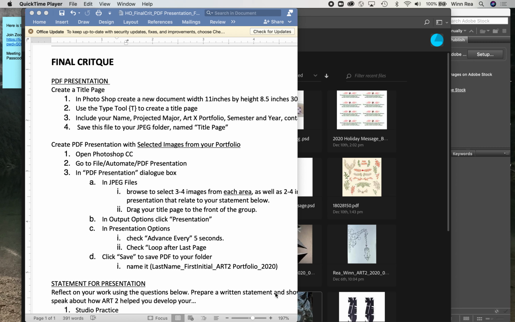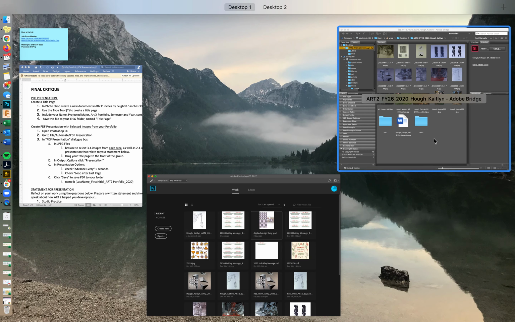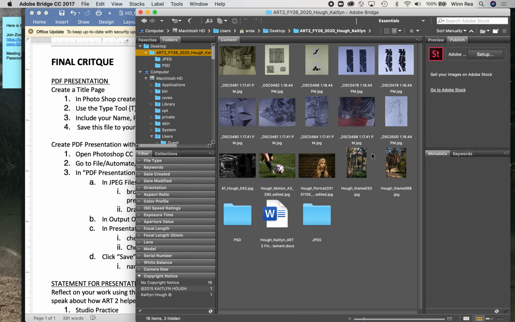Okay, so I wanted to follow up with you all and make a shorter, more precise screen recording on how to do your PDF presentations. One of the things to help you understand, first of all, is where this fits in the whole idea of your portfolio. So, I'm clicking over Bridge to show you the parent folder for what you're turning in for